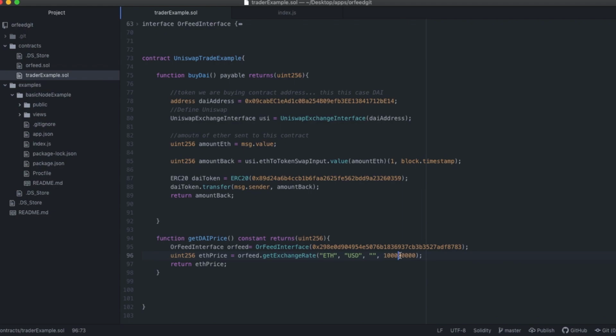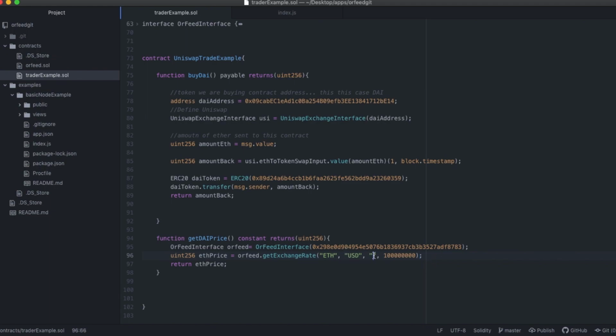So this number with 5 decimals is 1,000. This number with 6 decimals is 100. You have to learn to read numbers like that, like know how many decimals are in a number. There's a long, complicated story, but you could type in "decimal Solidity" and learn why Solidity doesn't have decimals. Essentially, decimals are just a figment of our imagination in the first place, because every number is just a number, and where we put the dot is kind of just in our minds, and we keep up with it. So Solidity recognizes that and works with that.